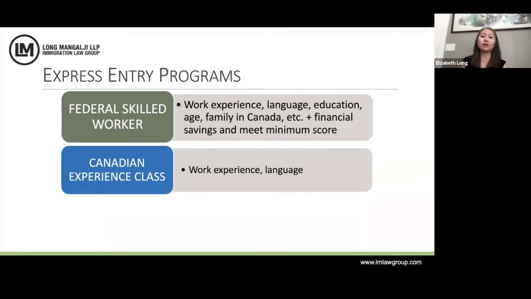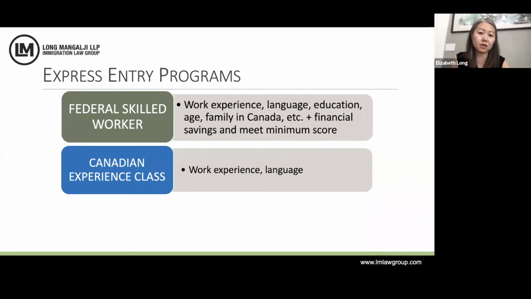You can work on a contract basis where it's not a permanent job, it's a contract basis for 1 year or 2 years, etc. That's okay. But you cannot be a contractor. What a contractor means is that you are self-employed and you are being contracted with them, and they're going to pay you money, but they're not going to make any income tax deductions from the amount of money that they're giving you. Okay, so you have to be an employee, and it can't be experience gained while you are a